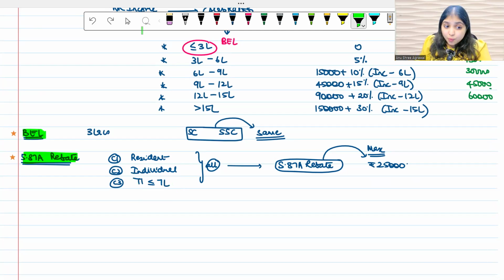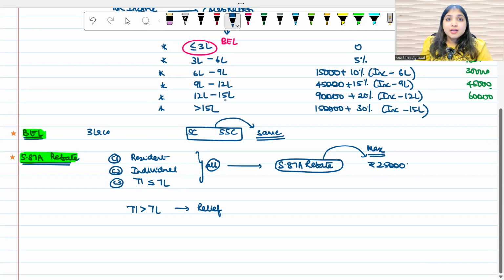But however, even if your total income is more than 7 lakh, even then, we have something like marginal relief. Do you recall? Under 87A rebate only, we have something like marginal relief. You remember in our basic concepts chapter, we've done all those calculations. What if your assessee's income is more than 7 lakhs? Then in that case, very similar to marginal relief, we do a similar calculation even for 87A